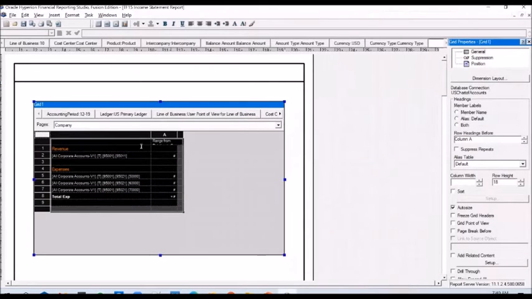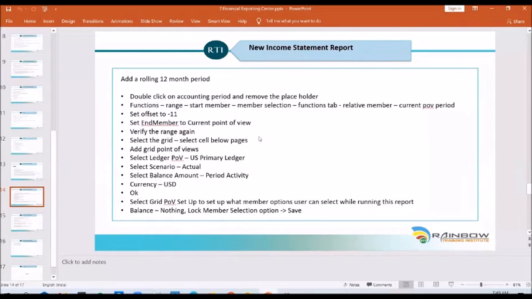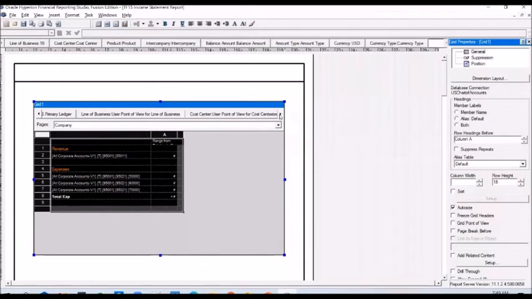This way you will see only actual journals. And for balance amount, when you run this report, the balances will be pulled for this particular account, again for a range of periods, for 12 periods leading up to the period that the user has selected. Balances will be pulled for this particular account in each of those periods, and it will be displayed there.